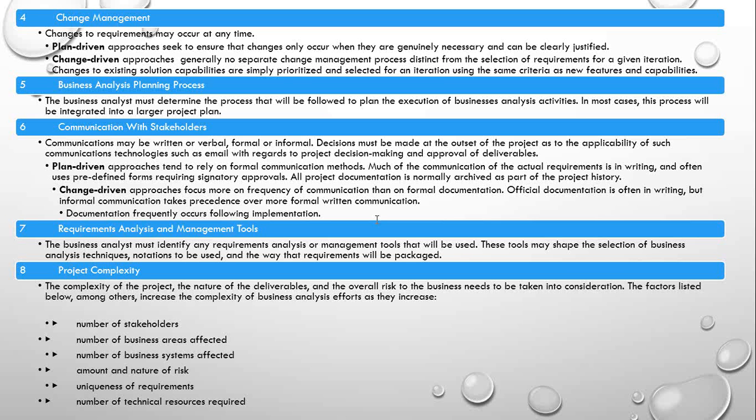On the other hand, when it is a change-driven approach, generally there is no separate change management process. There is no distinct change management process because we have taken the change-driven approach, and as part of that approach, we know there will be multiple iterations for any requirement before it gets finalized. The changes to existing solution capabilities are simply prioritized and selected for an iteration using the same criteria as new features and capabilities. Since the change-driven approach is agile, where iterations are allowed for any specific